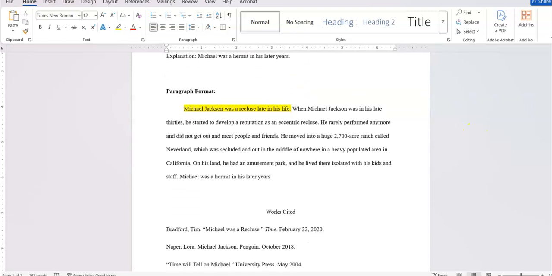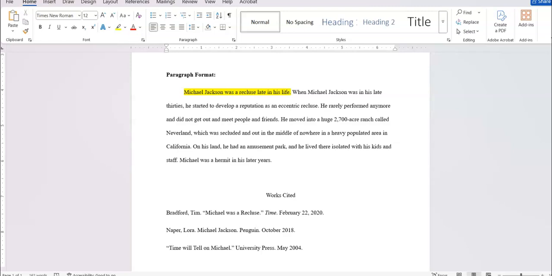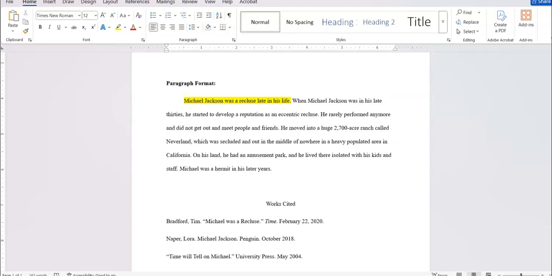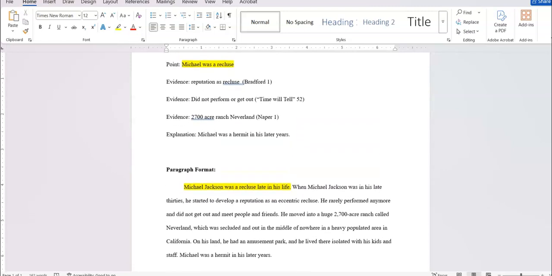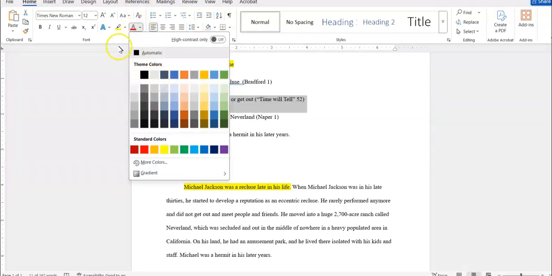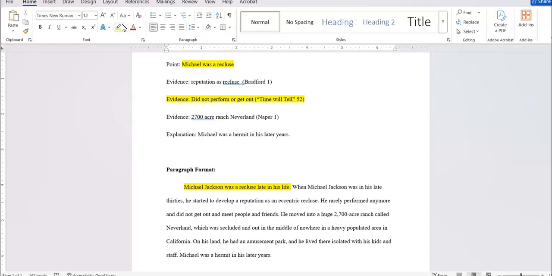So people work in different ways setting up their citations with the outline. Some people will just number those. Some people will put them in. It makes it easier for me to do it this way, so that's the way I will do it. Now, the next piece that we're going to work with is the evidence here. Okay, so evidence, and I'll just highlight that maybe. Oh, will it let me highlight? Yeah, it'll let me highlight.